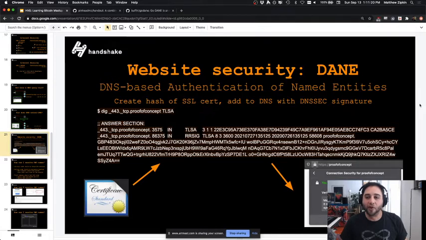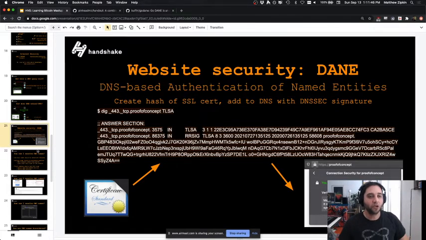So when you go to https://proof of concept, the Handshake resolver will go get that DNS record, so it knows what IP address the website is at. And when it contacts the website, it'll get this SSL certificate. It'll check to make sure that the certificate is the one that is committed to in the DNS records, also secured by proof of work. If everything matches, you get a green lock icon. You can now communicate securely with that website, just like you would if you went to google.com in a regular